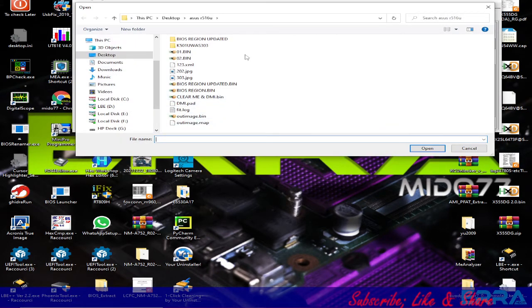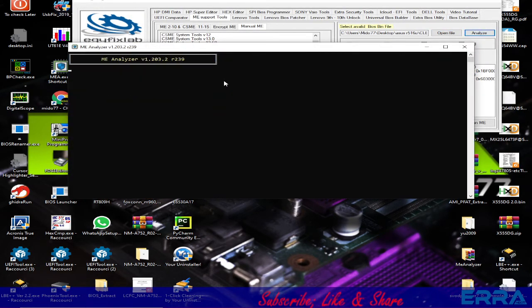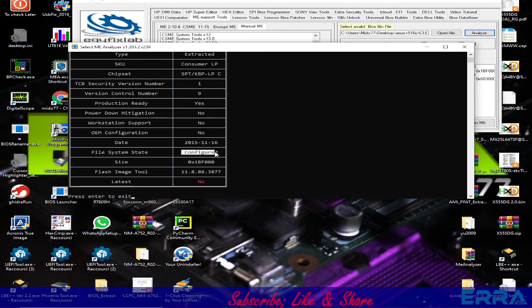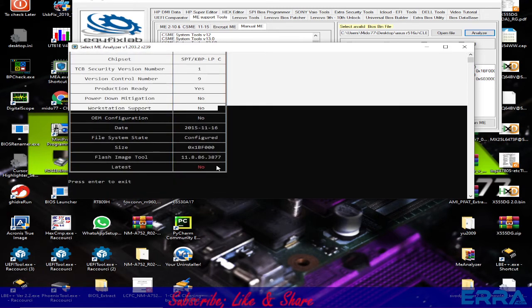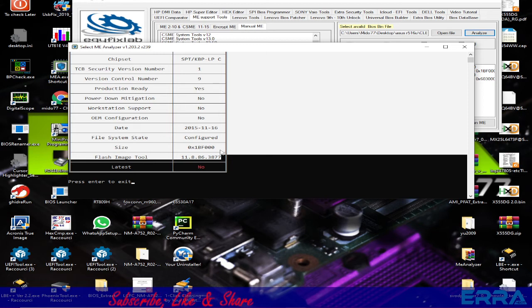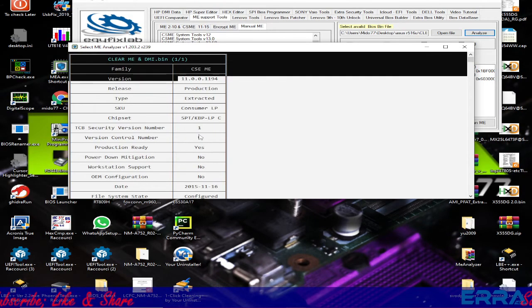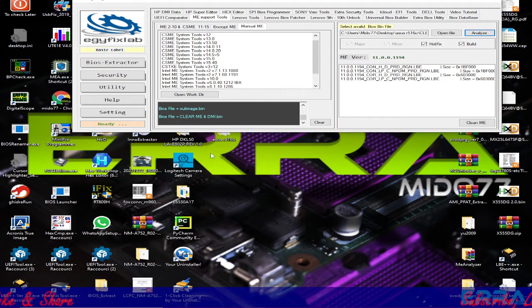So we say clear ME and DME. Open, analyze, enter here. So still configured, so the ME region hasn't been changed, even if we have injected the DME block in it, because in fact the ME region is outside the BIOS region, as you can